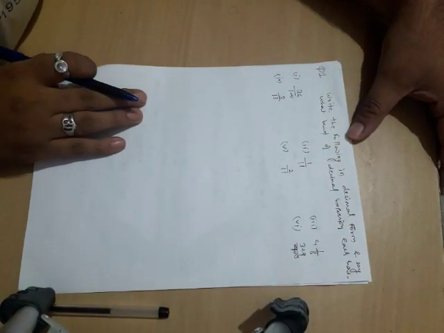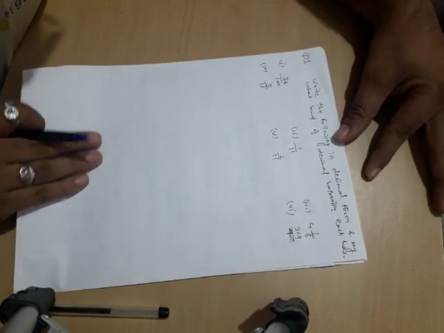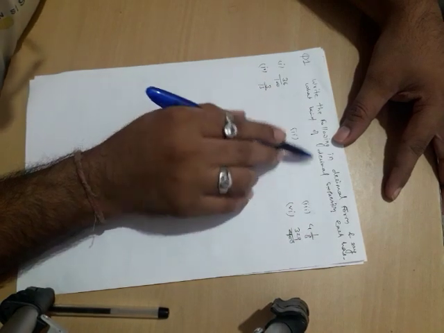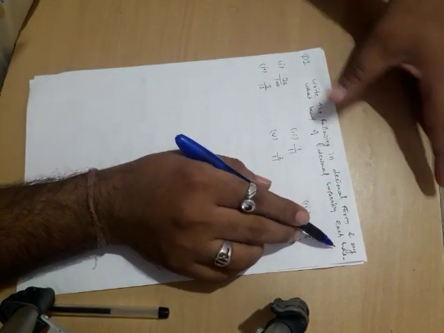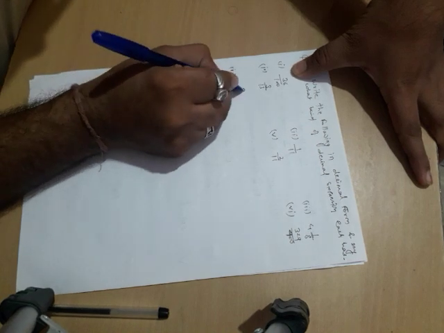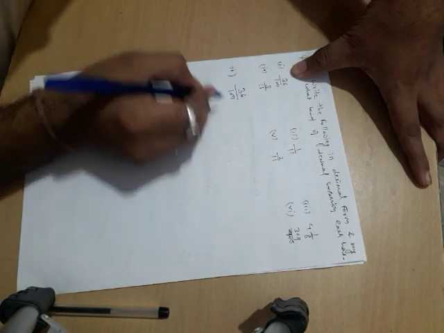Hi friends, today we are starting new exercise which is 1.3. So the question is write the following in decimal form and say what kind of decimal expansion each has. So let us say the first case, which is 36 upon 100, which will be giving you as